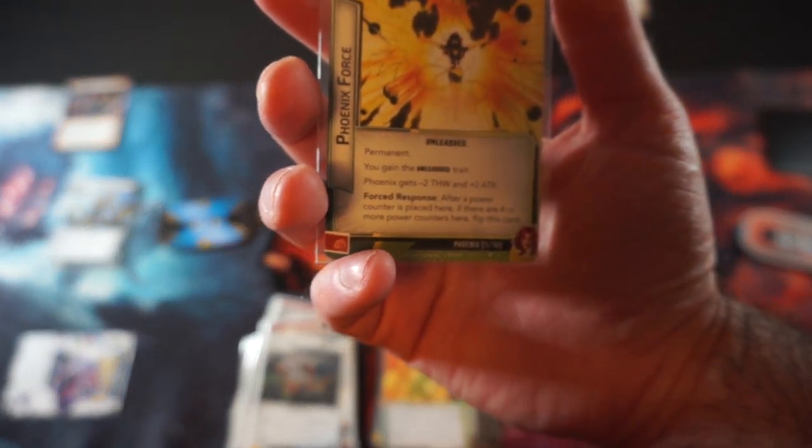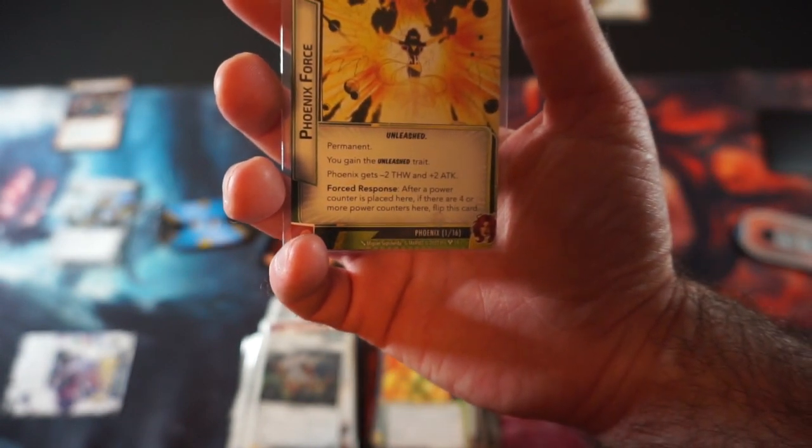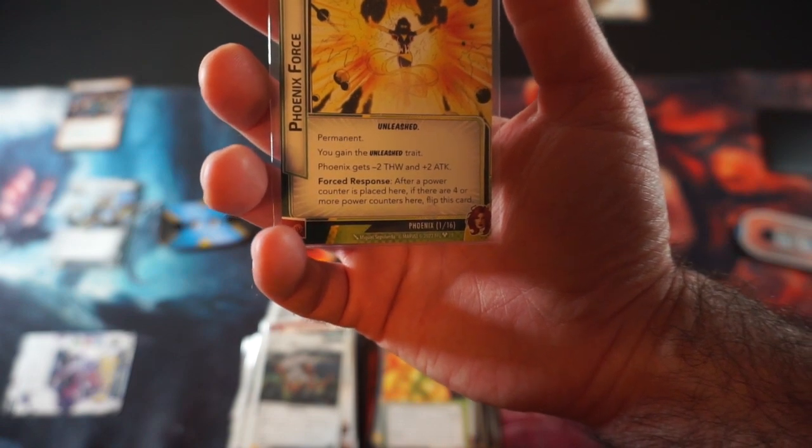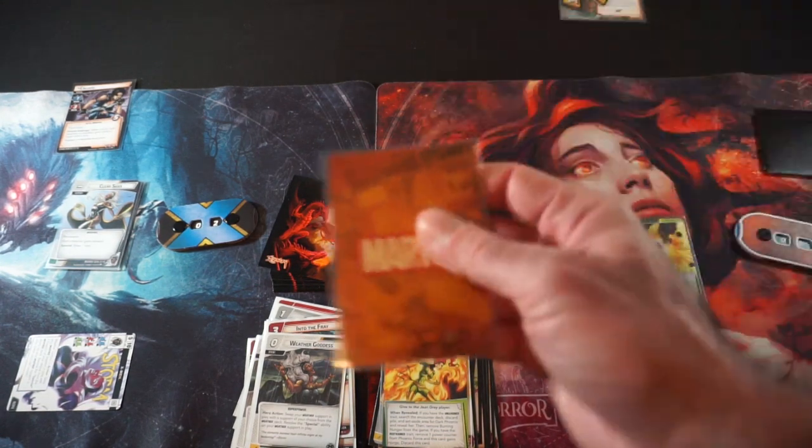So now Phoenix gets -2 thwart and +2 attack. Forced response: if a power counter is placed here, if there are 4 or more power counters here, flip this card. Okay, and then Phoenix's Burning Hunger surged into